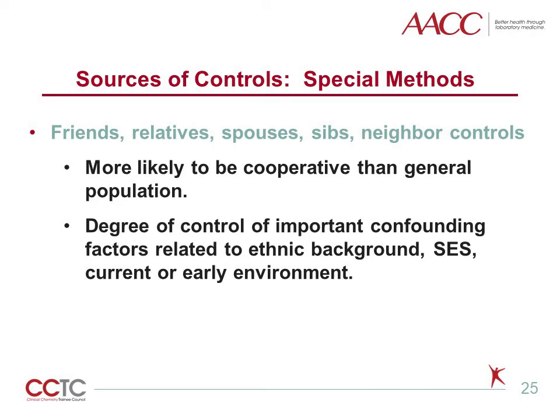And finally, something called snowballing, where you take your case and you ask your case to help you find a control. Identify a friend, a relative, a spouse, a sibling, a neighbor who would be willing to possibly be in the study. And actually, those people are much more likely to be cooperative than the general population. And if you needed to control for certain factors, so if you need to control for the current environment, you can get a neighbor. Early environment, you can get a sib. Household environment, you can get a spouse. Genetics, you can get a relative. So it does give a degree of control of important confounding factors that are related to ethnic background, socioeconomic status,